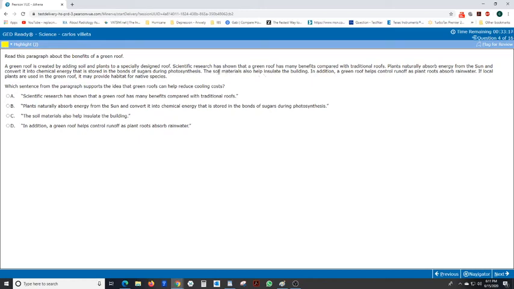So I'm going to go with this one. Let me see if it's here. Green roof has, no, that's just a general thing. Plants naturally absorb energy from the sun and convert. See, this doesn't have anything to do with cooling the structure. The soil materials,